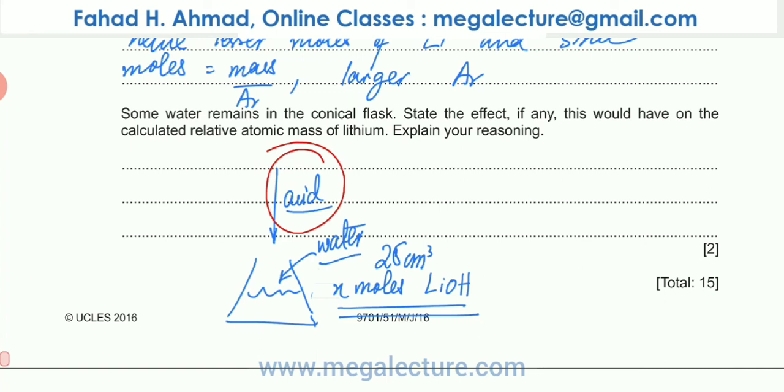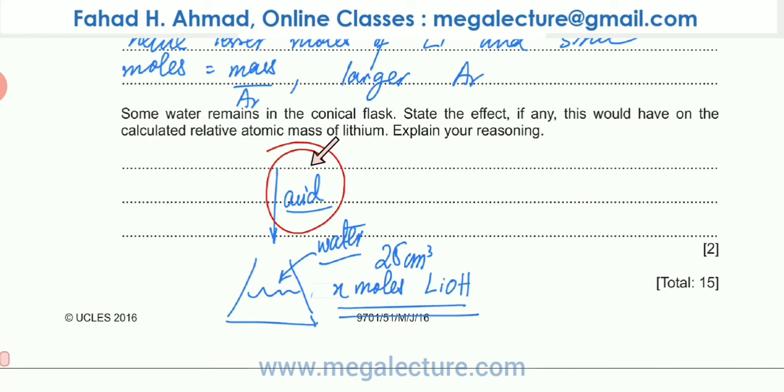So remember, this is a very, very important point, that when you're titrating, even if this conical flask is not washed properly and there is excess water present in the conical flask, your lithium hydroxide is coming from somewhere else. The moles of lithium hydroxide that are entering this conical flask would remain unchanged. Even if you add more water to it during the experiment, or there's water present on the sides of the conical flask, it's not going to affect the moles of lithium hydroxide that are already in the conical flask.